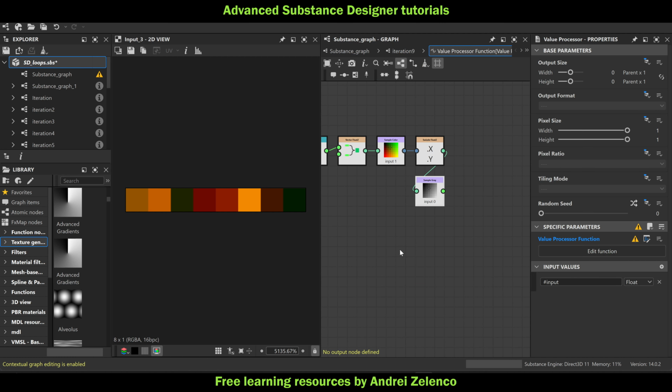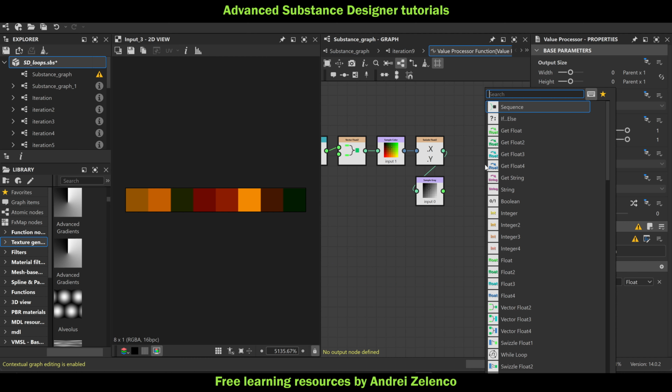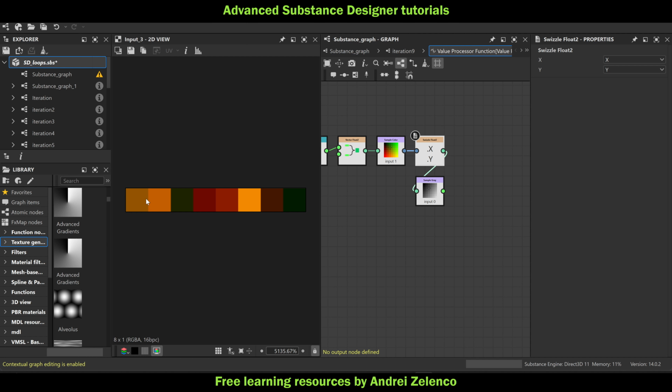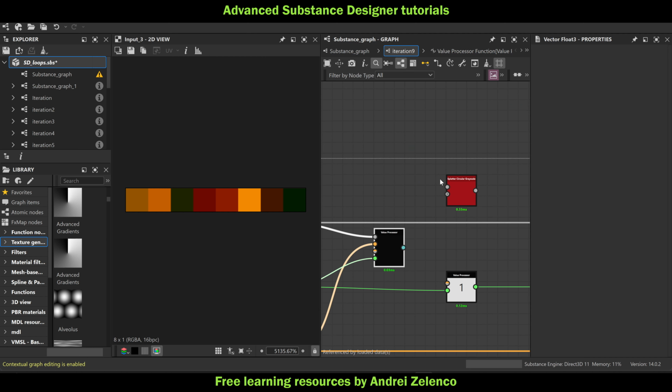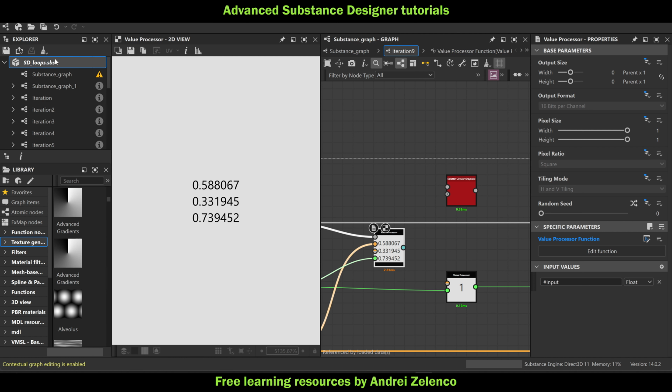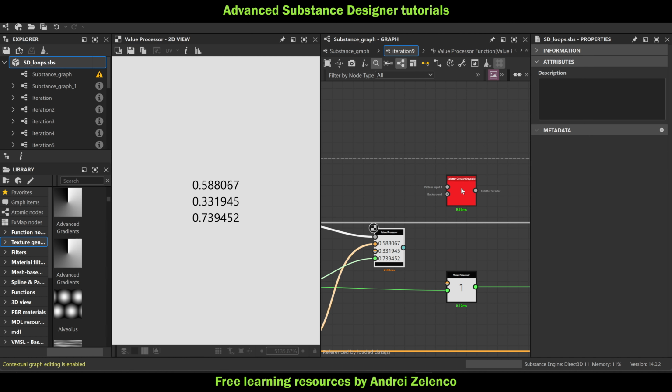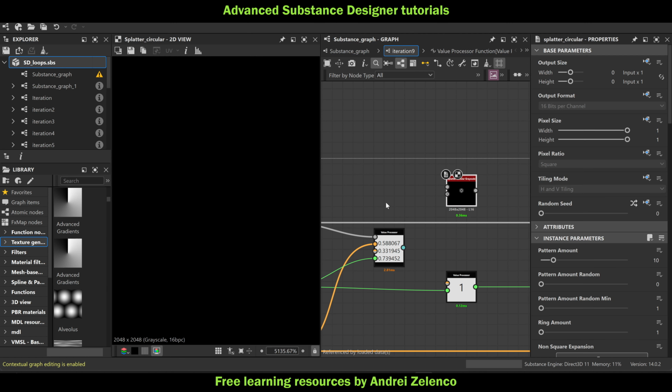Okay, so we need to pack this information. So this is our positions. We're going to use this to move our flowers around, and this information is going to inform the number of petals. Okay, so we can pack this information into a float 3, set it as an output. Now it's like this. Okay, so into the splatter circular,